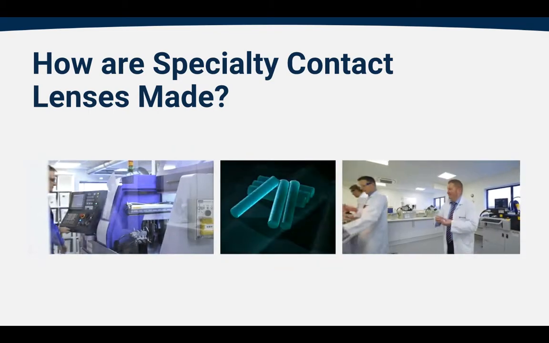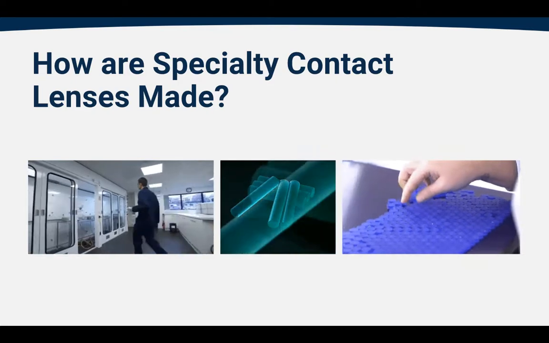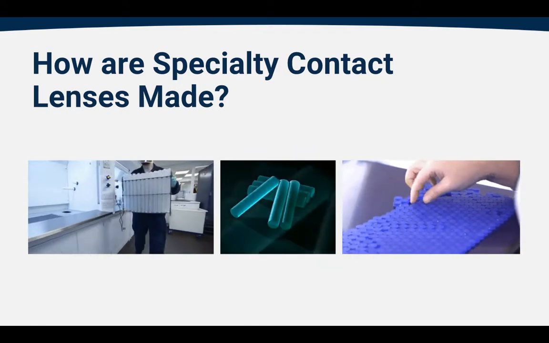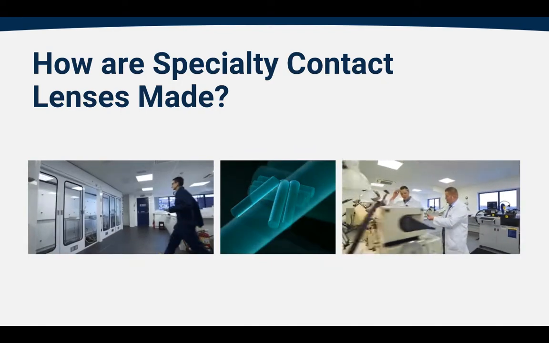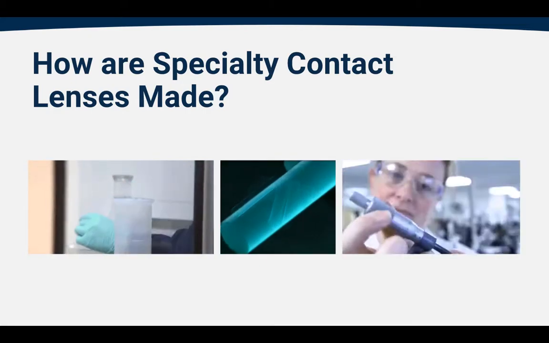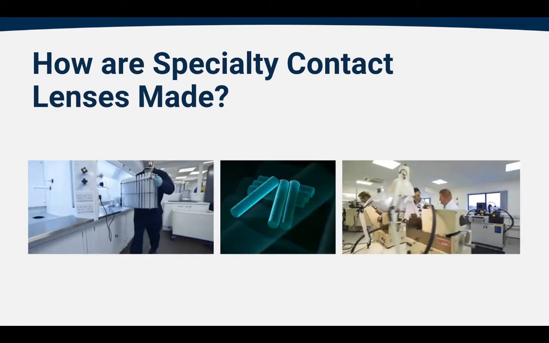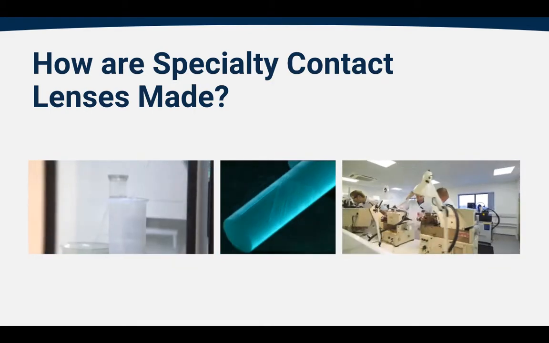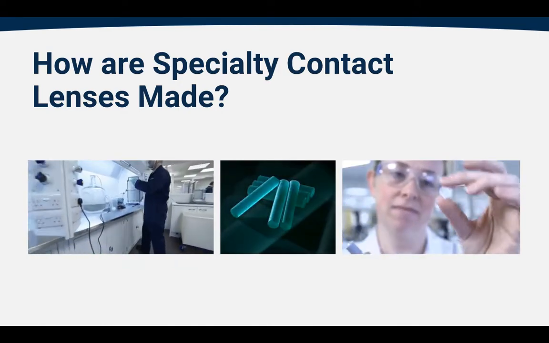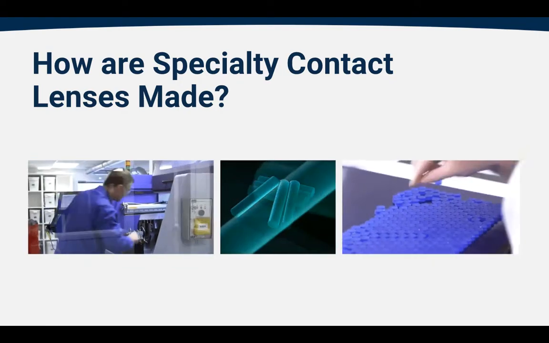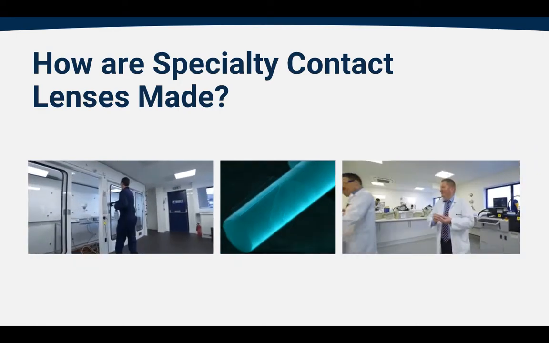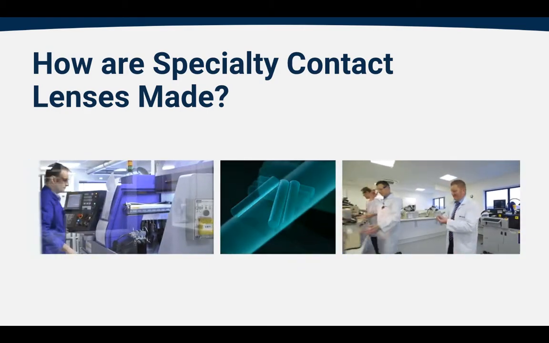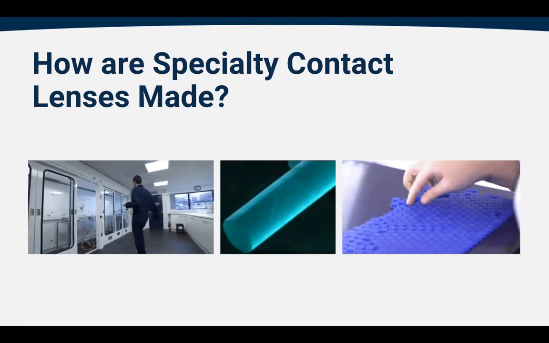Well, specialty contact lenses start by making a material blank. These material blanks are created by polymer scientists. The first thing that's created is a material liquid, and that liquid is poured into the graduated cylinders that you can see on your screen right now on the left. Those cylinders filled with this liquid material are then put in an industrial oven and baked to create the solid rods that we see in the center of the screen. Then these rods are cut into individual buttons and blanks,